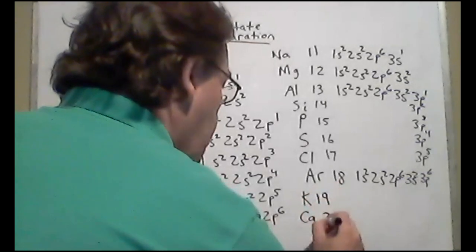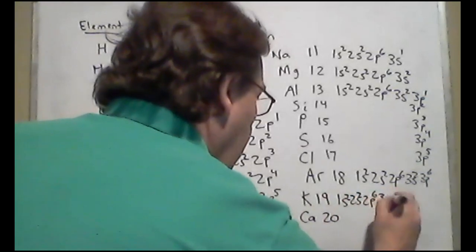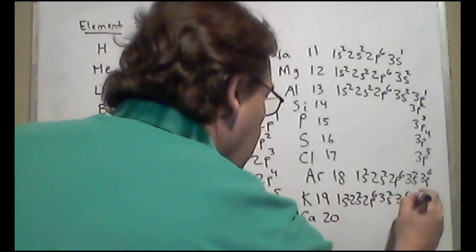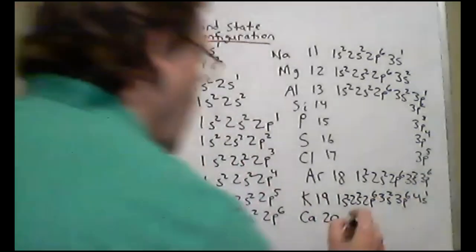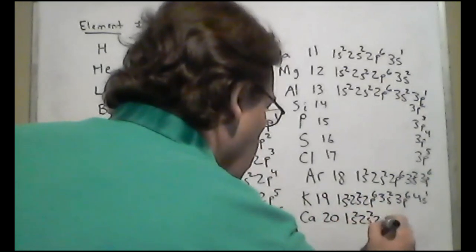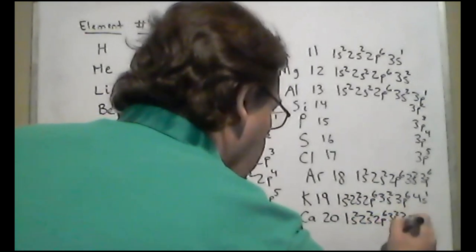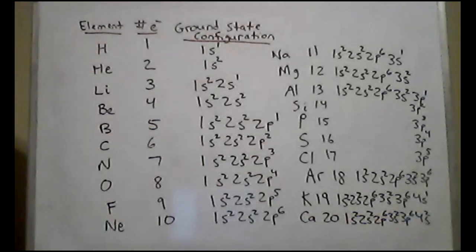If I go to 19 and 20, 19 would be 1s2, 2s2, 2p6, 3s2, 3p6, then 4s1. We start having an exception to the rule. If my rule followed, I should start filling out 3Ds. And then, of course, I fill out to complete the S shell, but calcium would be 1s2, 2s2, 2p6, 3s2, 3p6, 4s2. Again, the first exception to the rule would be calcium. All right, and so again, it's based upon how close the probability distribution functions are to the